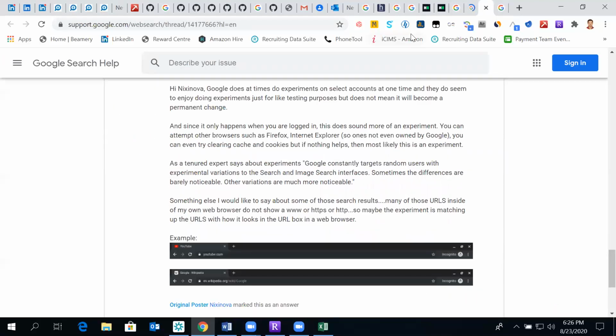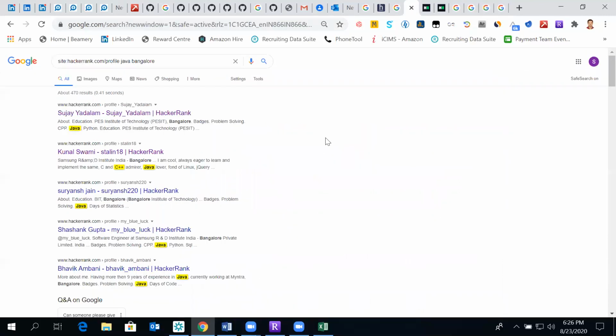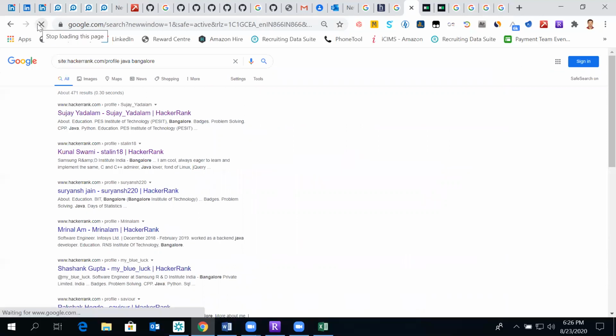The problem is if I'm not logged in, I would not be able to see 50 or 100 results per page.